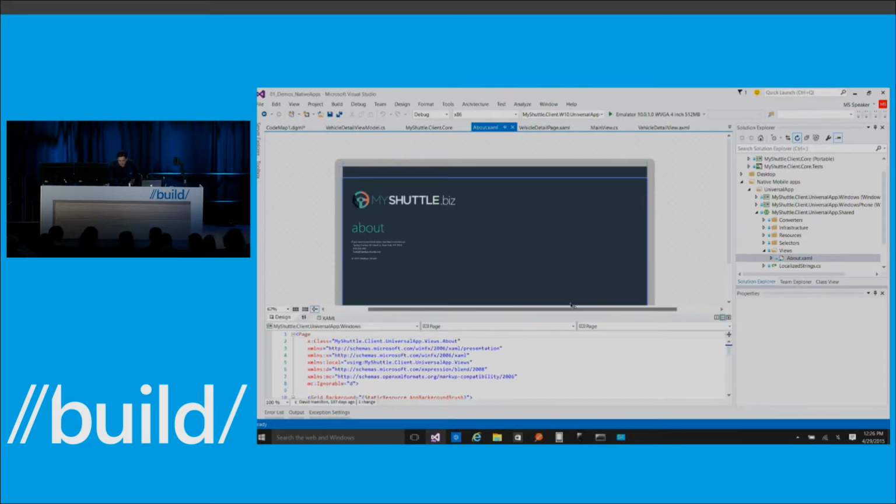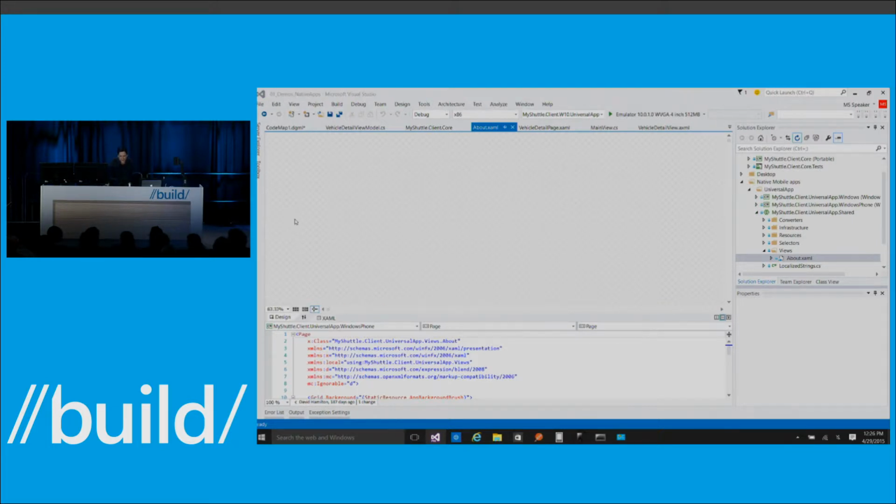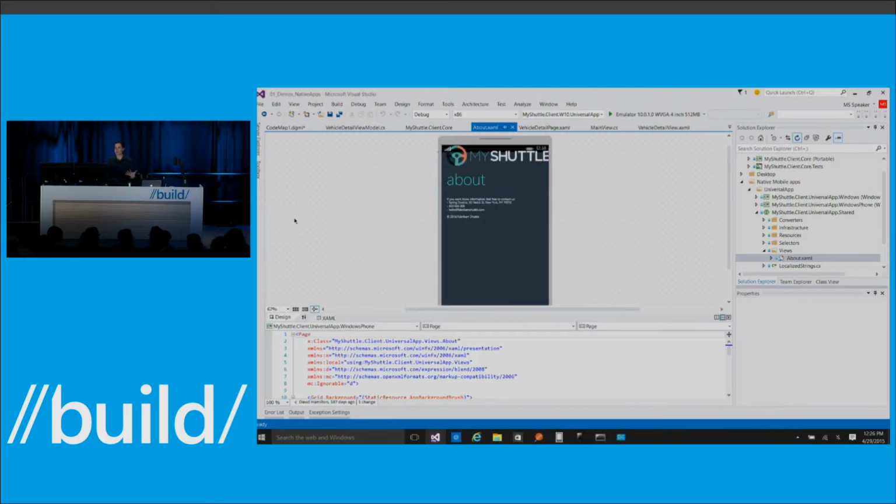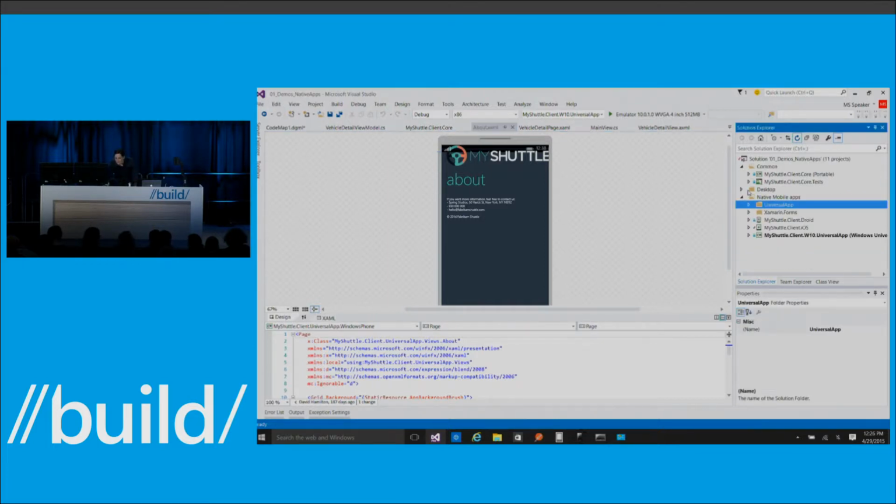Let's just make this come down. And so I can actually go ahead and change that to be a Windows Phone rendering. And you will see in just a second that that will re-render for the Windows Phone. And you will see that it's basically the same exact screen and same exact XAML being shown across to the Windows Phone.